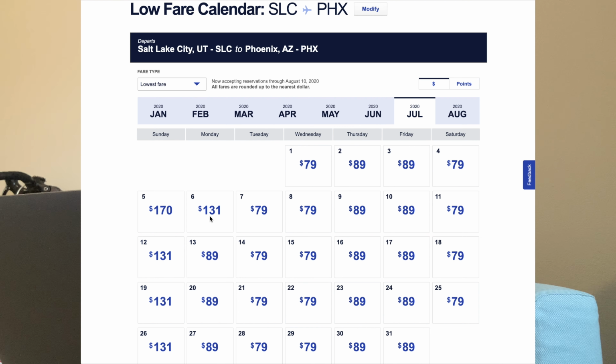So if you're willing to stretch one more day, if you can figure out a time to come early in the morning, then you can save yourself $40 per ticket. That means $80 if there's two of you, $120, and so forth. Or if you're able to go one more day, you can drop that price easily in half plus some change. If you were to leave on the 2nd or 3rd, for example, be there in time for the 4th, and come back on the 7th on a Tuesday sometime, you could find a cheaper flight.